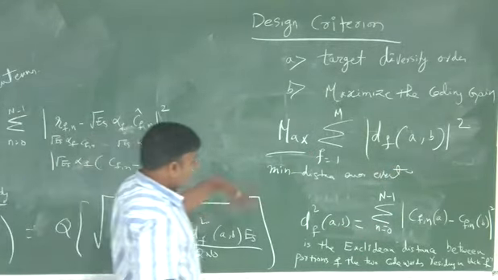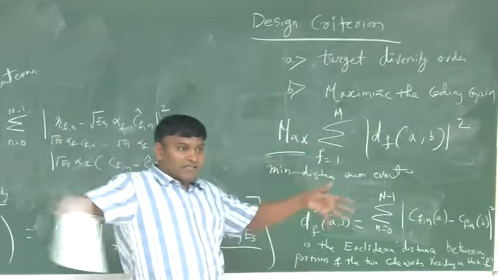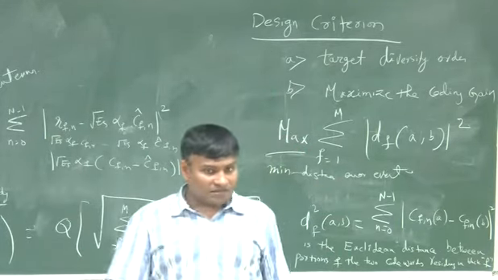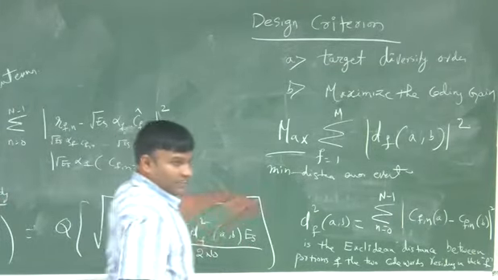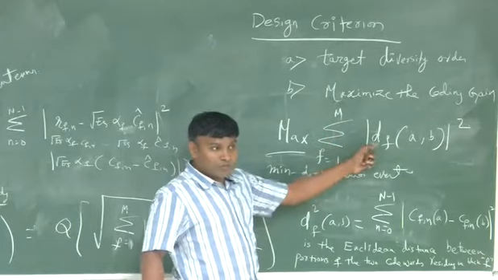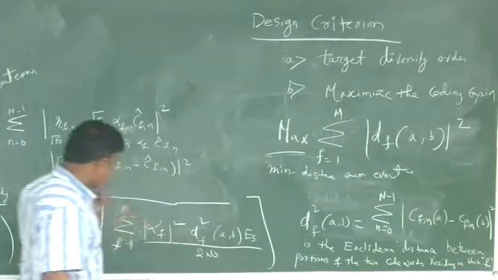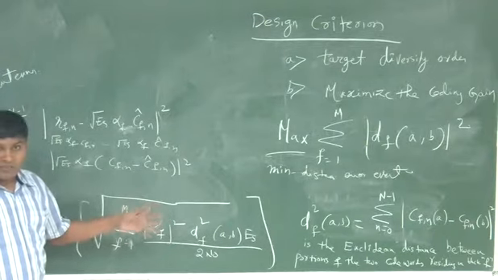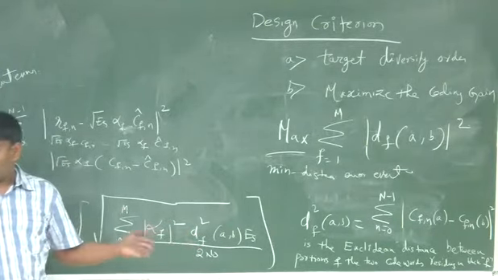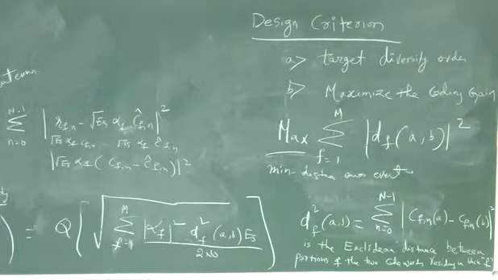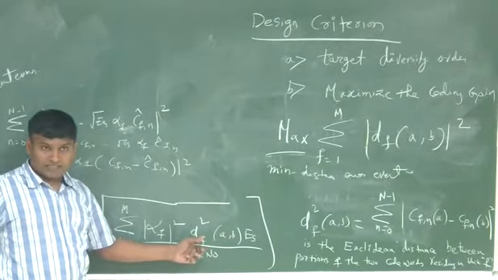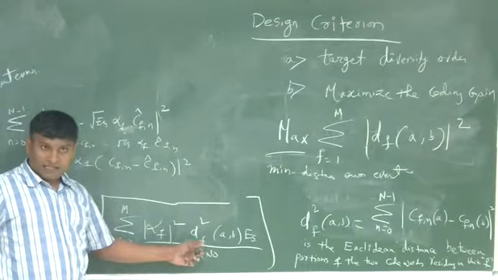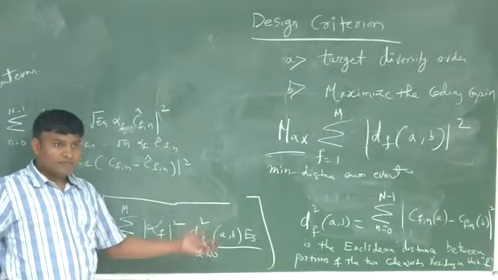You maximize the minimum of that several distances. Maximize the minimum of a set of numbers. So this is the minimum distance error event, and you want this number to be maximum because you want this coding gain to be maximum. If it is AWGN, we don't have this term. What is the criteria for maximizing the coding gain? Maximize the free distance. Free distance is either the Hamming distance or the Euclidean distance. But Euclidean distance is much more general than Hamming distance because we are dealing with complex constellations. If they are binary, Euclidean distance will become Hamming distance.